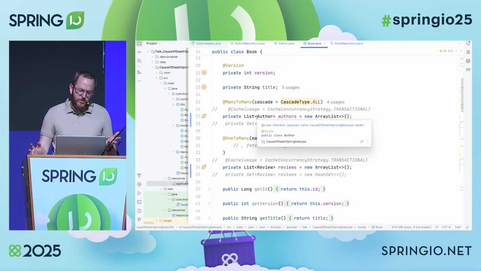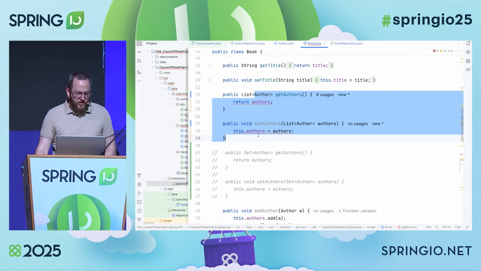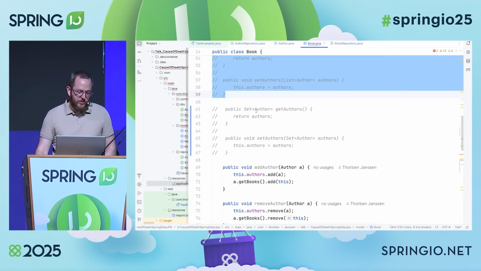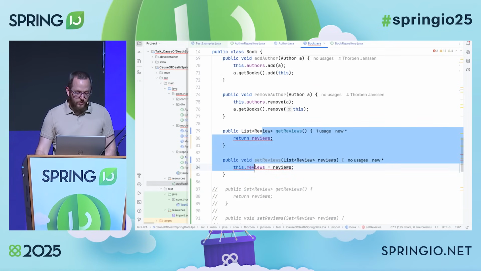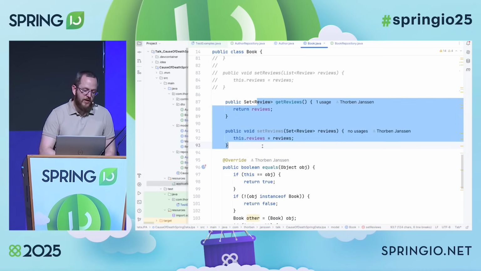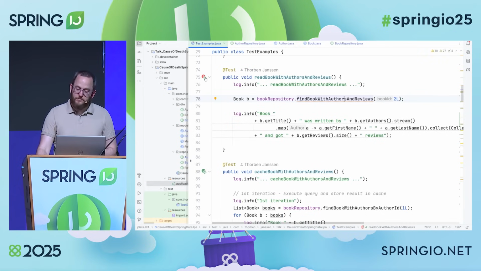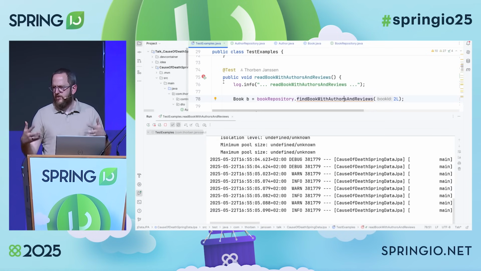So therefore, sure, you could argue fetching fewer to-many relationships is actually a good thing, but it's not really an issue of too many relationships in general. It's a problem that at least one of them is too big. So I would rather recommend: take a look at your domain model and your actual application domain. Make sure that you don't join fetch a huge to-many relationship, because fetching one that just contains 10 records is totally fine.